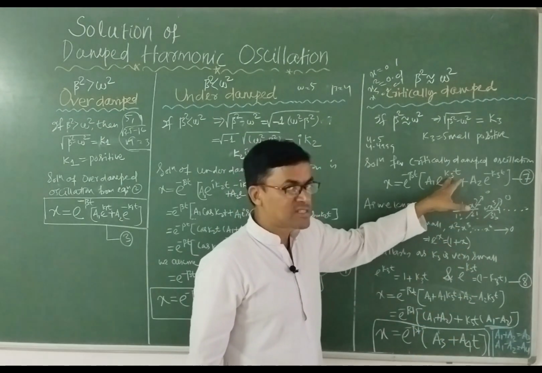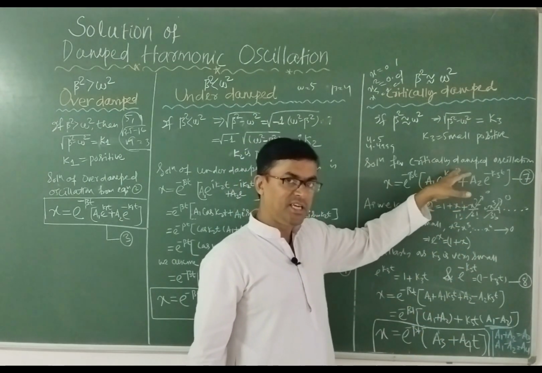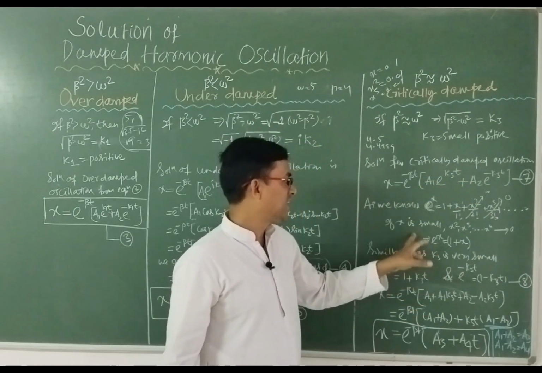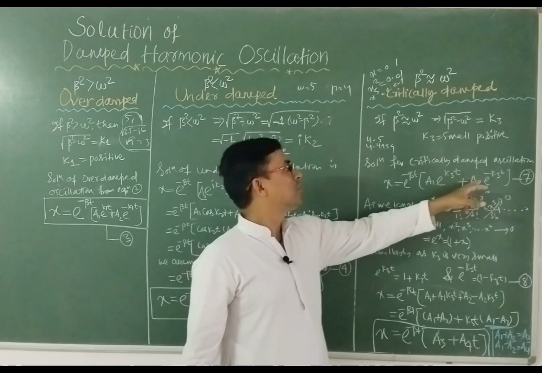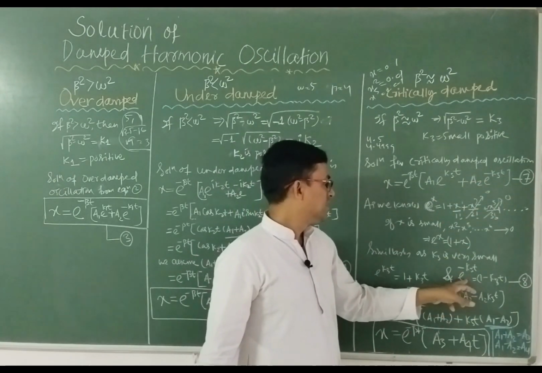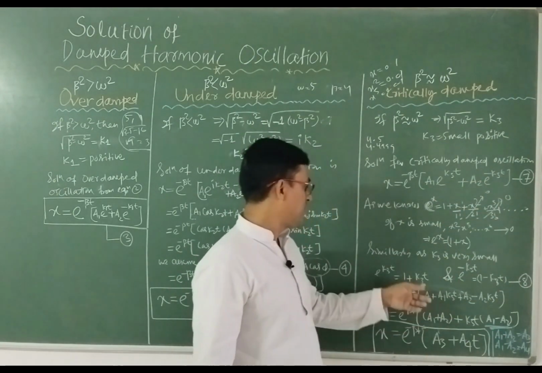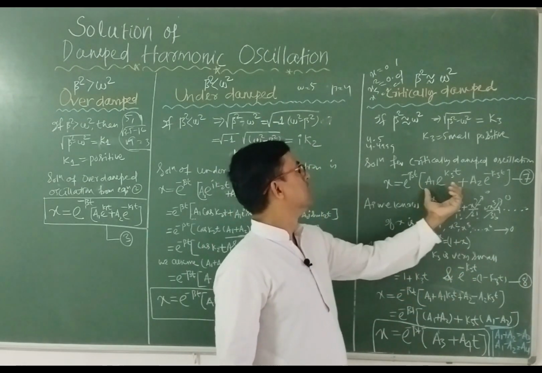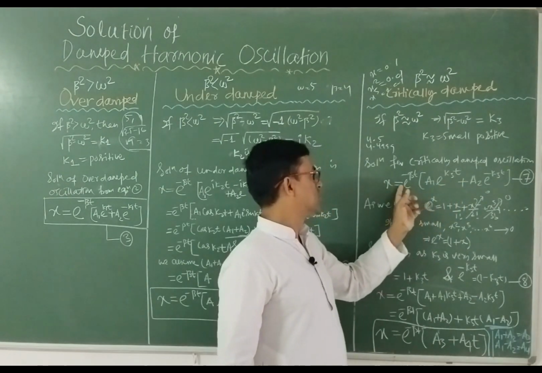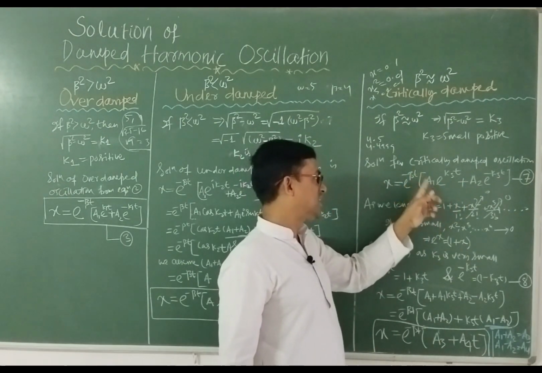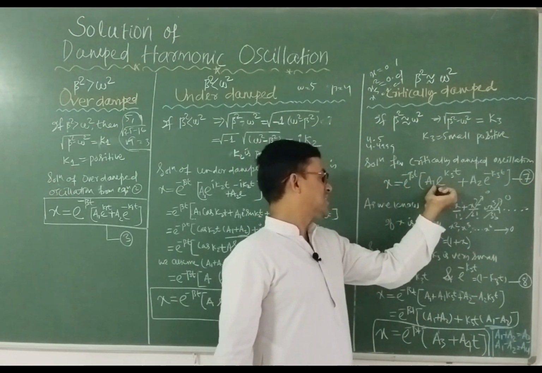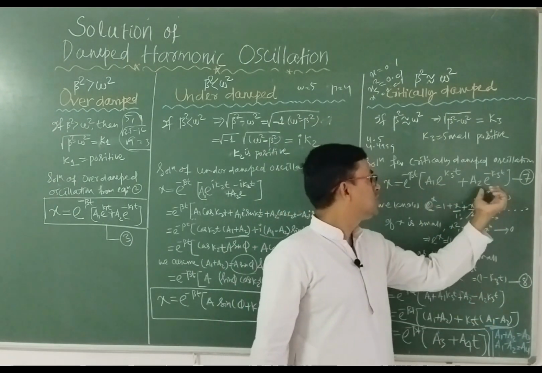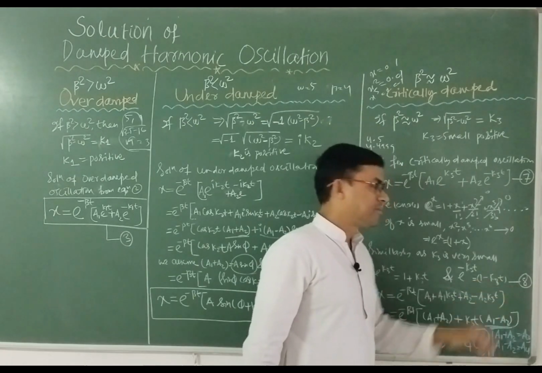Here this k3 is small, and e to the power k3t we can expand and write as 1 plus k3t, like e to the power x equal to 1 plus x, and e to the minus k3t we can write as 1 minus k3t. So these values, 1 plus k3t and 1 minus k3t, we will put in equation 7. So equation 7 will be e to the minus beta t, a1 times e to the power k3t, which will be 1 plus k3t, and a2 times e to the power minus k3t, which will be 1 minus k3t.